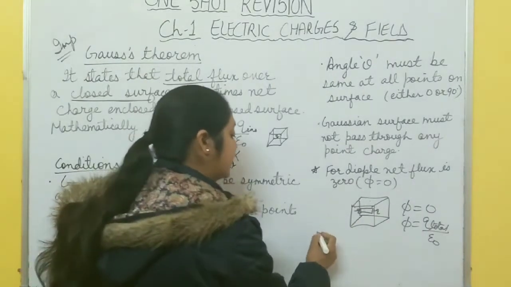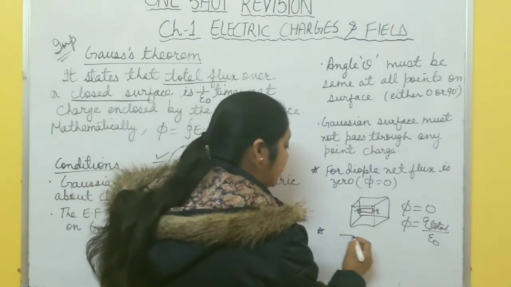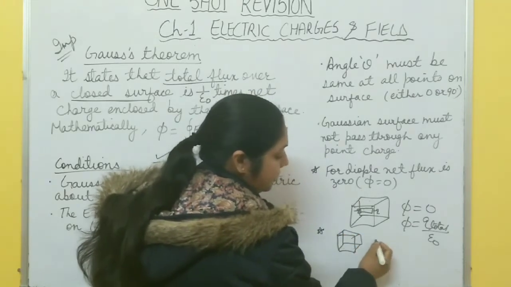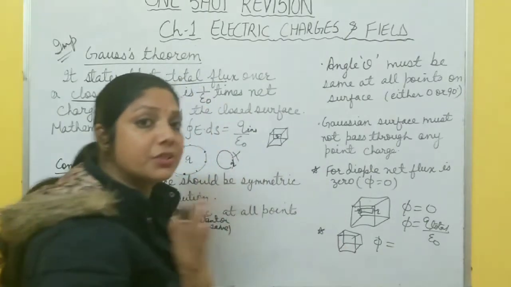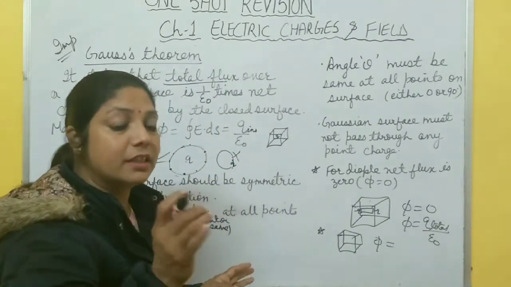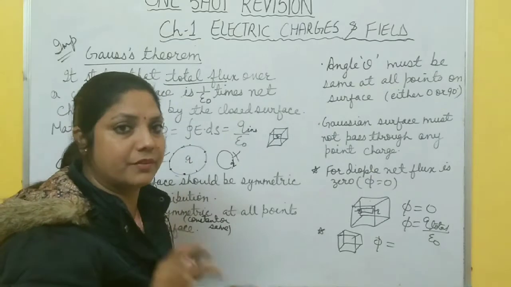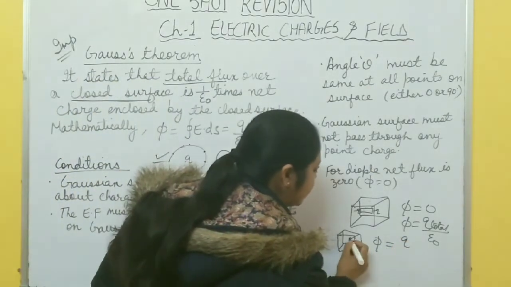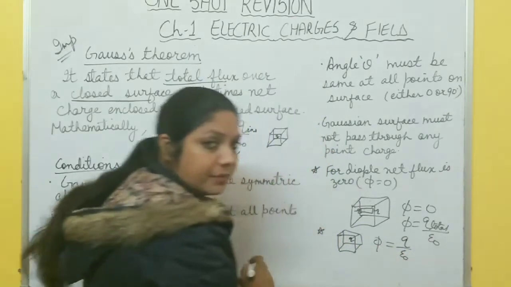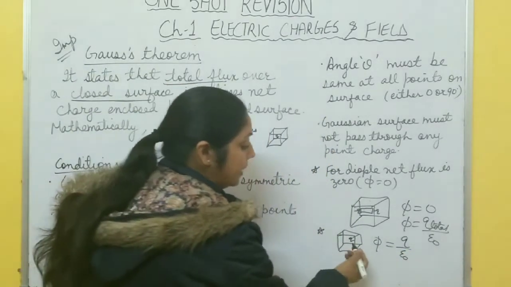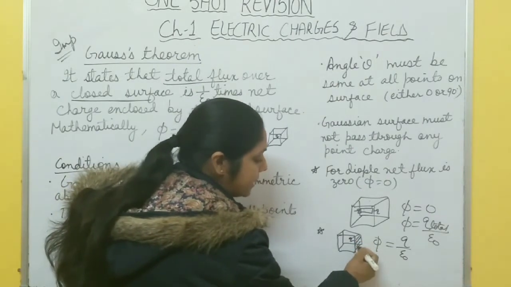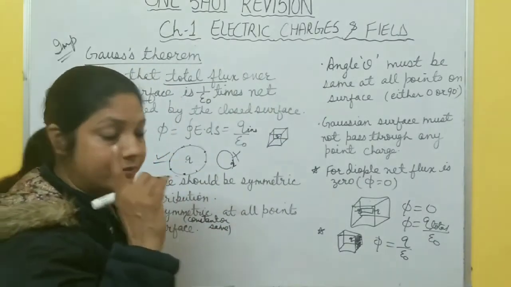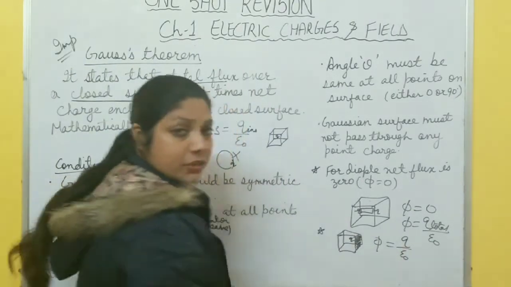Suppose in exams it may ask, if there is a cube, then how much total flux is passing through this cube? So total flux does not depend on the shape and size of the surface, just that the charge is enclosed inside the surface. It may be spherical, cube, cylindrical, anything. Total flux is always, if charge q, then q by epsilon naught. And again, if it asks how much flux passes through one surface of the cube. Suppose in a cube, how many surfaces? 6 surfaces. In 6 surfaces total flux is q by epsilon naught.